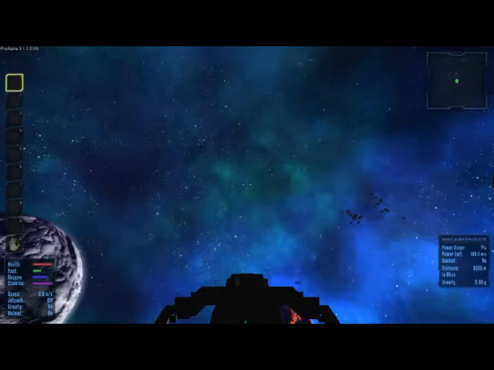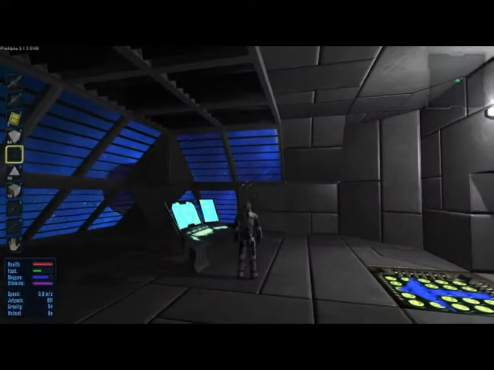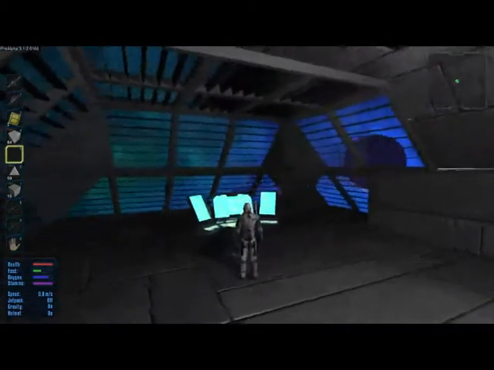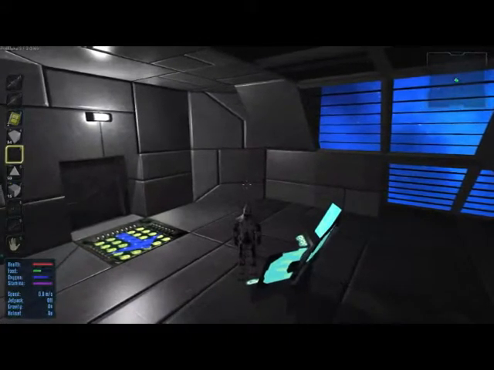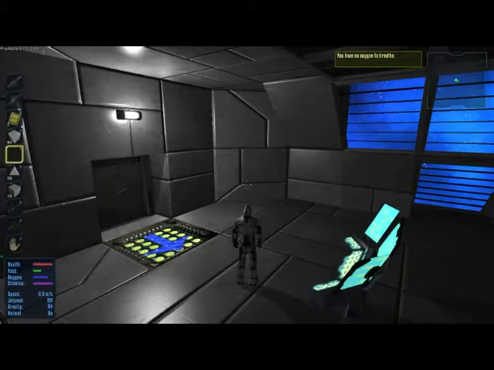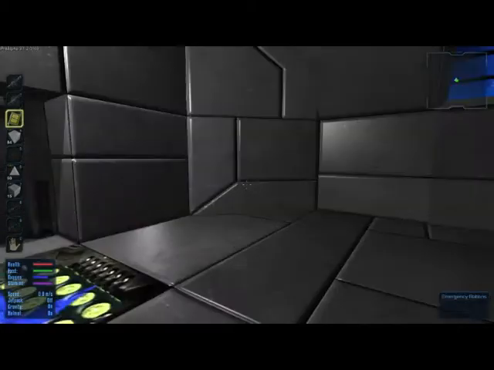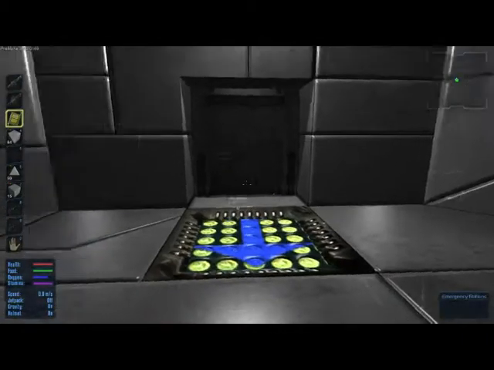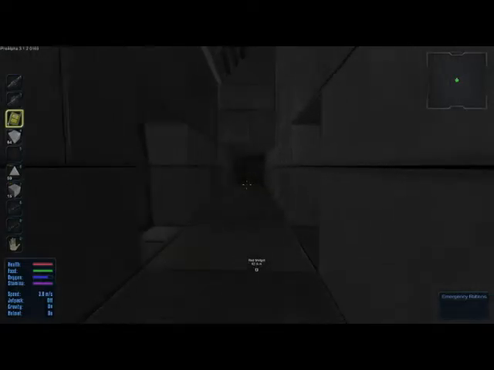Okay, so this is what we look like on the inside of the ship. This is the cockpit. Don't think I can take my helmet off yet. No, I can't. Okay, so we won't do that again. You never know, it's worth a try. Okay, so this is the core, this is the cockpit, and we walk through here, and we come to